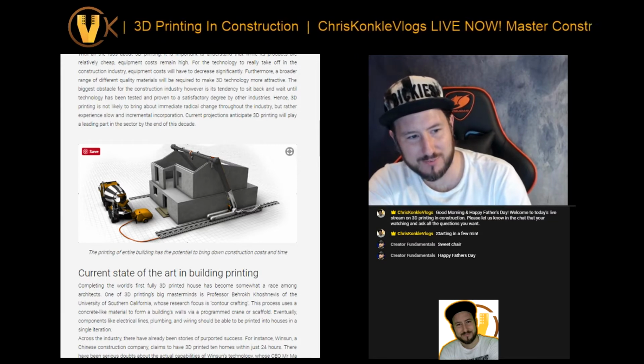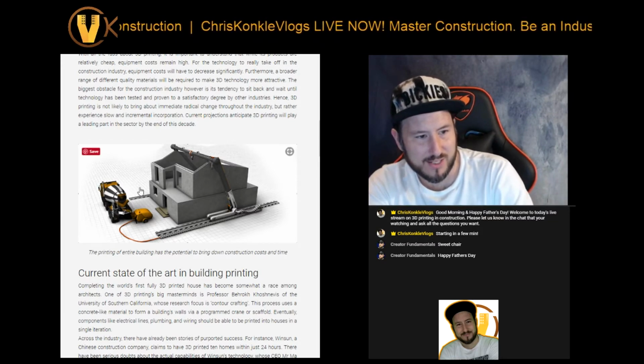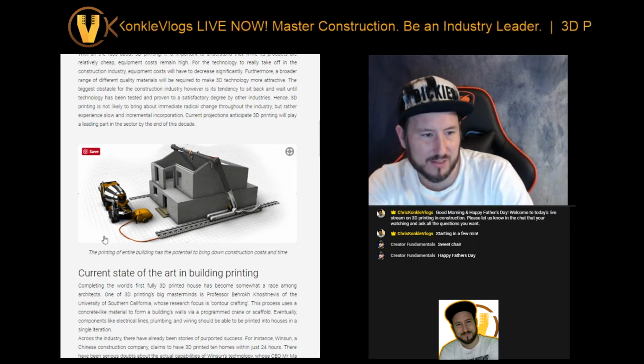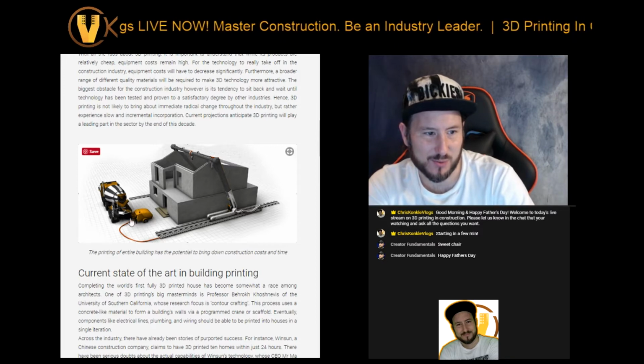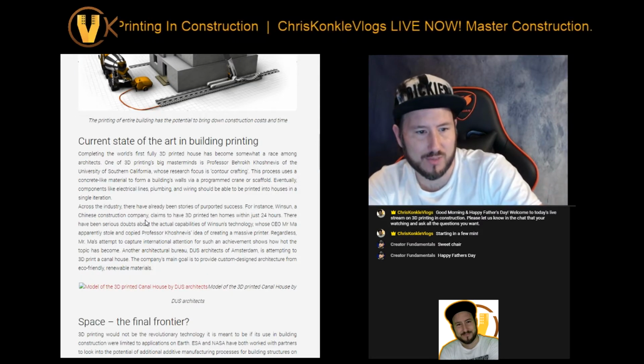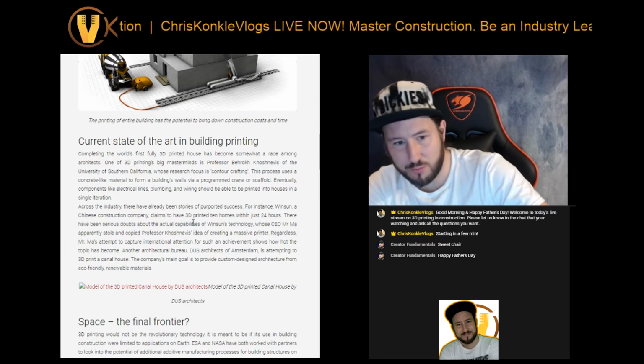I can't believe it still has a concrete truck. So these trucks will be lined up, and they'll be pumped out. Looks like this is the pump. Yeah, that's crazy. This is Winsun, a Chinese construction company, claims to have printed 10 3D homes in just